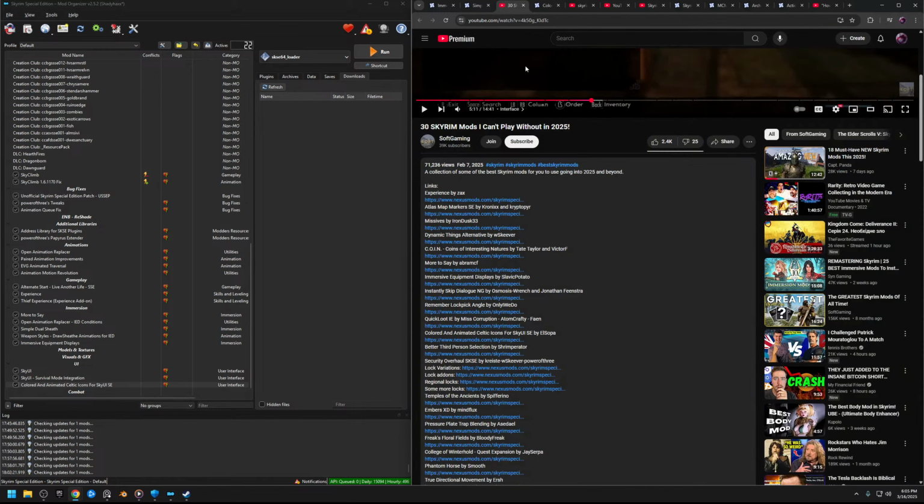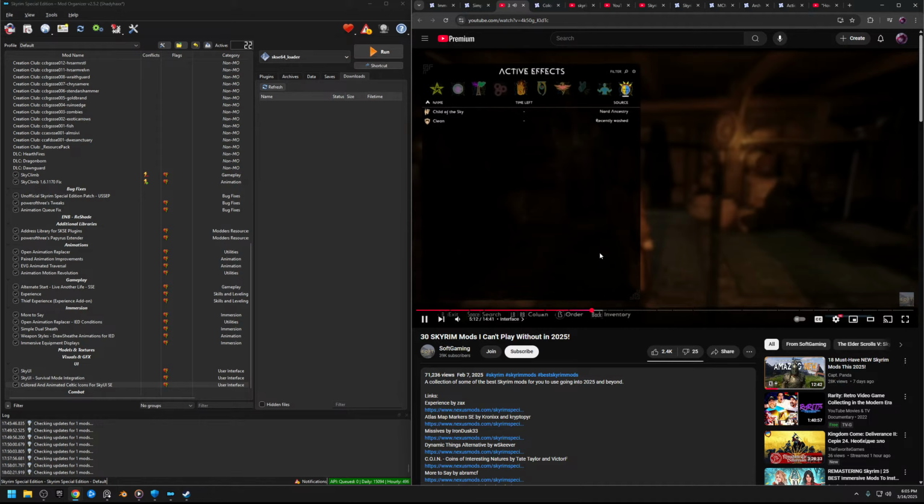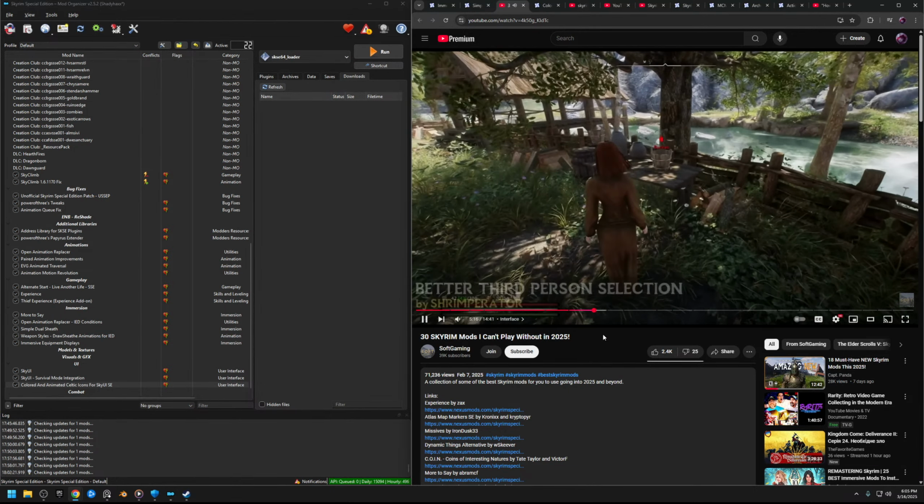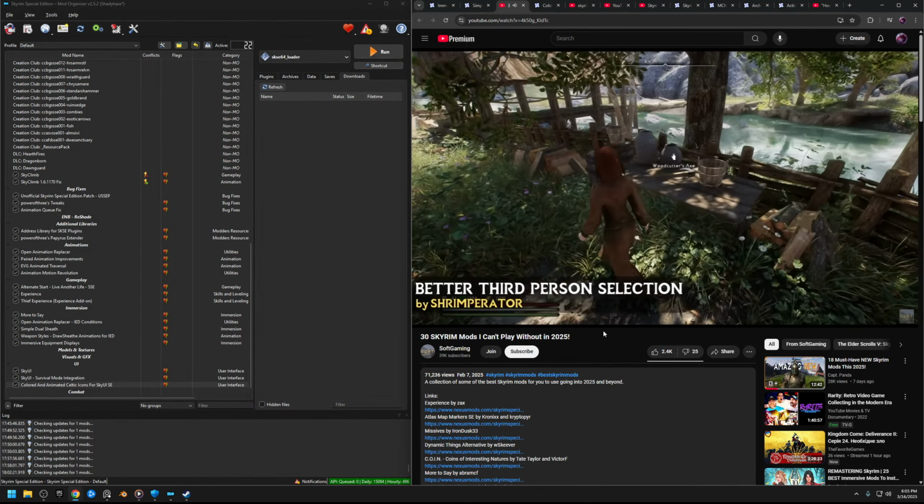Yeah, mine does not look like this at all, so I don't know if he's got some other add-on installed, I don't know. For one of the greatest UI mods ever released, we have better third-person selection, which has revolutionized